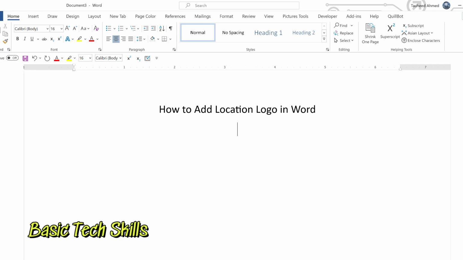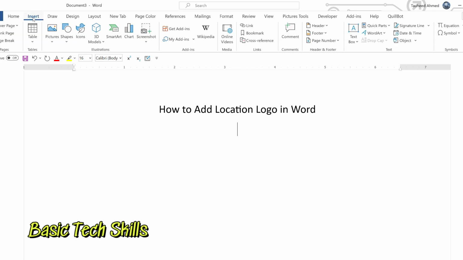Let's get started. First of all, you need to click on the insert and on the right side menu bar you will see that insert an icon. Click on that